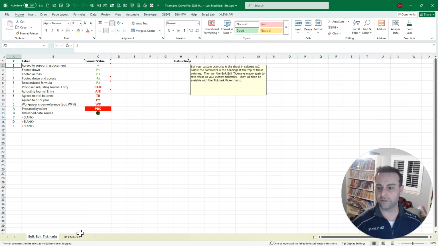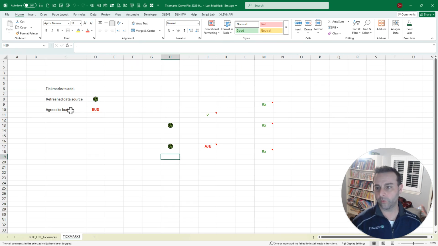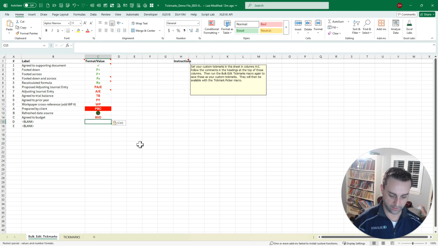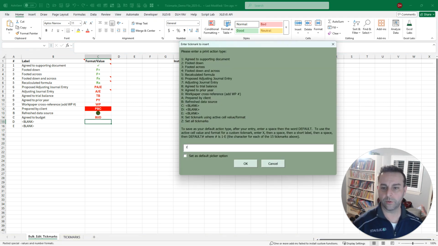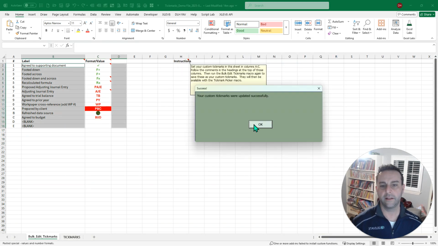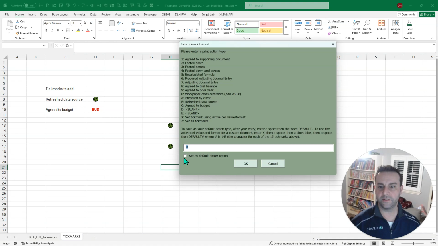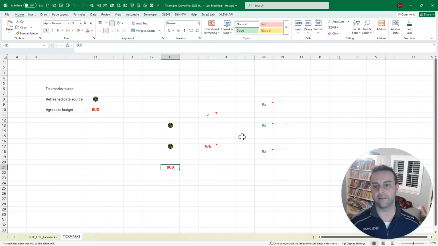Okay, so if we wanted to set one other one, or if we wanted to share this with a friend, we are going to copy and paste this to option C over here. Actually, let me paste, there we go, make sure we get the formatting in there. And once again, if we press Z, it's looking for the specific setting sheet. Once it finds it, it'll process it, and now they're going to be updated. So if we come back over here one more time, notice that option C, agree to budget, has now been loaded. Okay, so it just makes it very easy for you to quickly indicate the work that's being done,